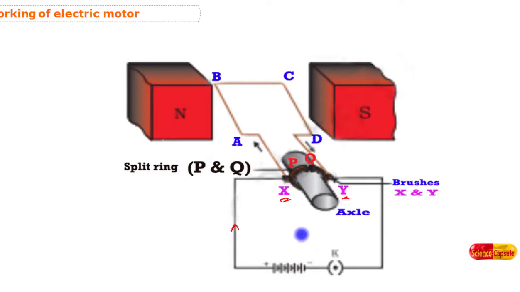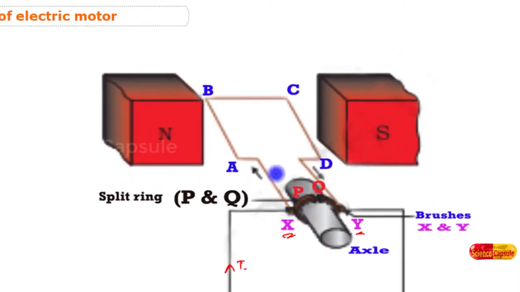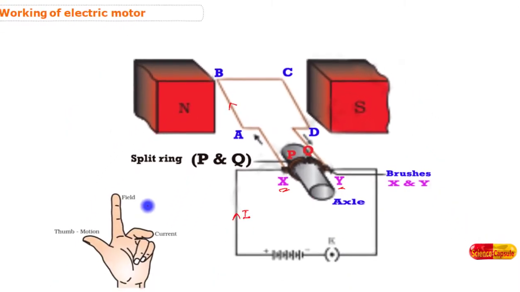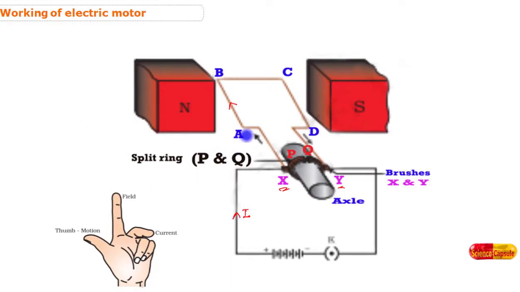Now let us see how the motor works. Now when the key is put on, the current flows from this direction, and in the coil the current enters initially through the direction of AB. Let us now apply Fleming's left hand rule to find the direction of motion of this coil. Here the direction of the magnetic field is from north to south, right? Now we have to align the first three fingers, that is thumb, forefinger and center finger, in such a way that the forefinger points towards the direction of the magnetic field, that is this direction, right? Now the electric current is towards this direction. Here they are at right angles to each other, right?